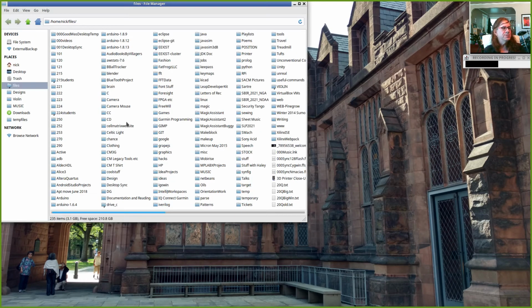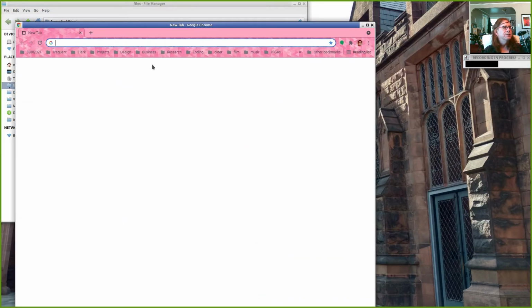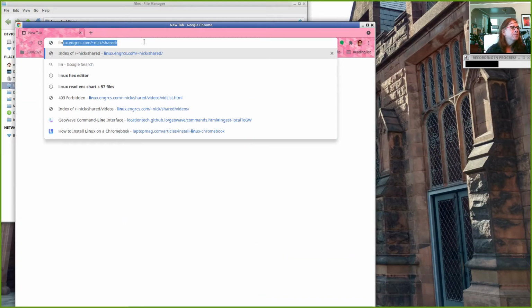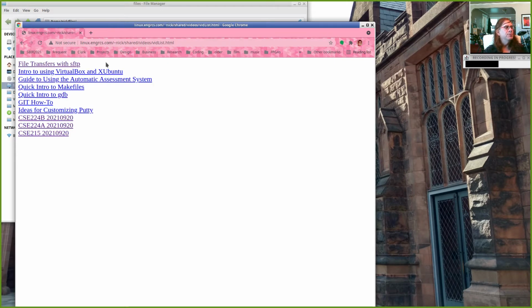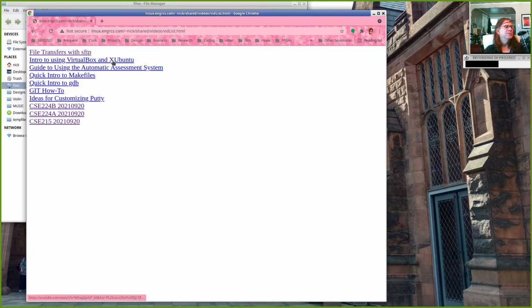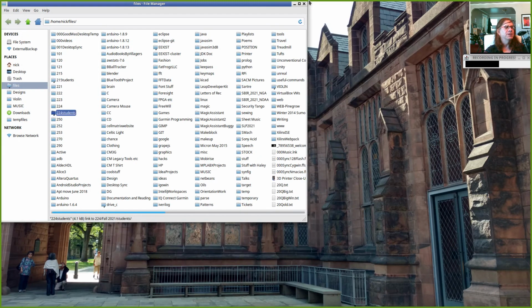And so there's some information on how to do this. If you go to the video list or the playlist through Canvas, there's a video, Intro to Using VirtualBox and Xubuntu. That will take you through all the steps for installing VirtualBox, running it, using it to install an Ubuntu system on top of VirtualBox, and then doing some customizing so you can do things like share files, share your clipboard, and so on and so forth. I think it's like a 20-minute video or something like that. But that's a good quick start guide.